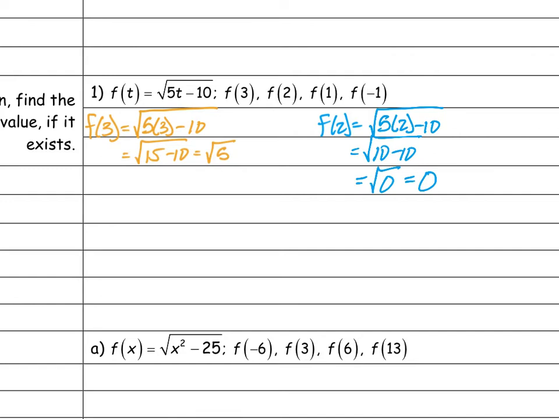And then I want to find, what's the next one? f of 1. So I've got the square root of 5 times 1 minus 10, which equals the square root of 5 minus 10, which equals the square root of negative 5, which, as far as we know right now,